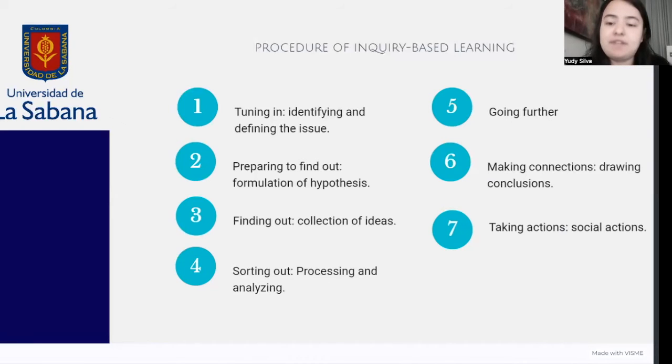And the final step is taking action. So it could be social action. And this involves activities designed to assist students to make links between their understanding and their experience in the real world, and enable students to make choices and develop the belief that they can be effective participants in society. So in this step is where students have the opportunity to show what they have learned